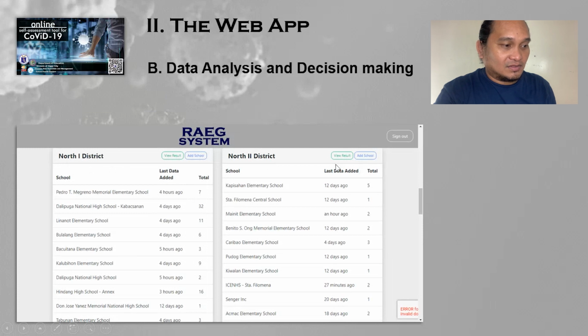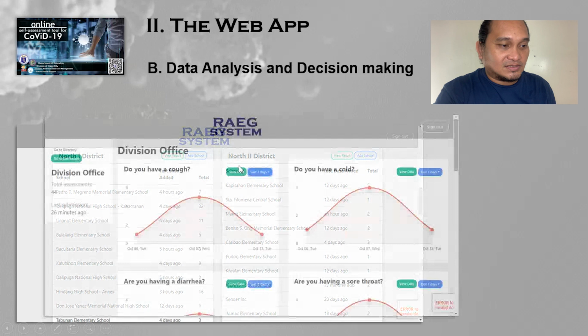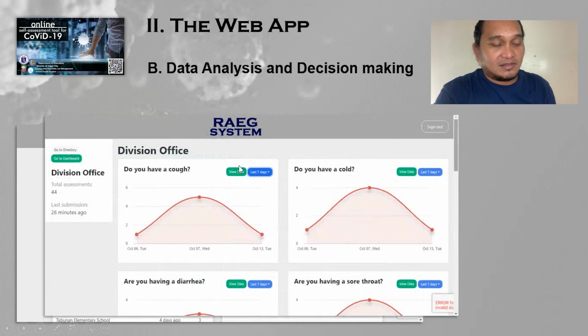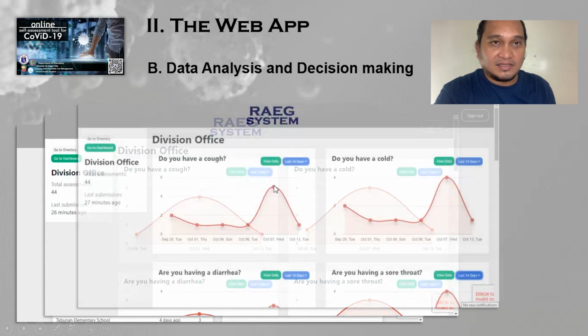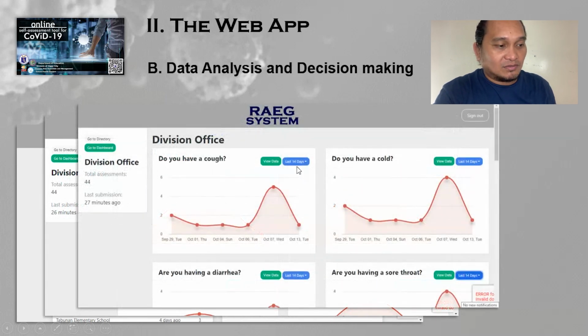So this is an example that the district nurse can also have the data for the last 7 days, 14 days, as well as the particular details of those individuals who answered the web application, and they can also filter. And to their own judgment, the district nurses are also trained, and if in their medical eyes they suspect that there is already a contagion, they may inform Dr. Alikdag, and if Dr. Alikdag will say that indeed there has been a possible contagion or infection of a particular